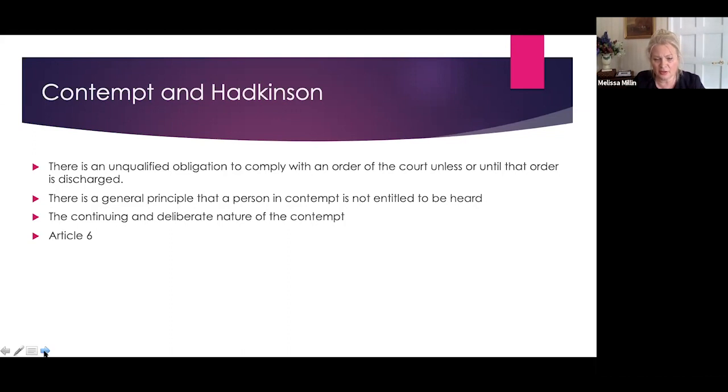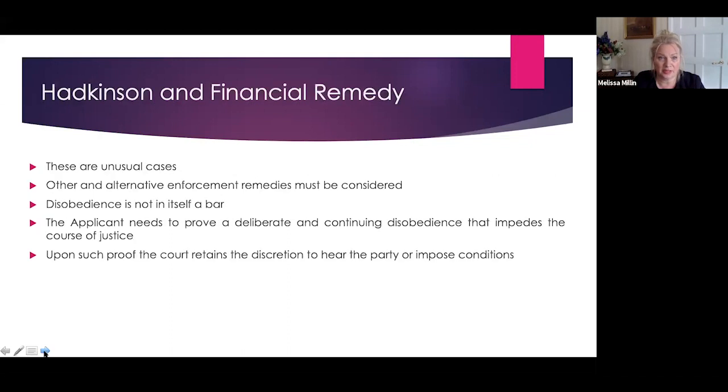It's a particularly unusual case, and the remedy in financial proceedings is useful to prevent a party from taking a future court action before there's been compliance with the first. So where a party is willfully failing to pay, maybe maintenance, maybe a lump sum, the offending party may not be allowed to reapproach the court, for instance, to vary on appeal or make variation for the maintenance orders that are made. And this is really the gift of Hodkinson. I wonder if we can move forward, please.